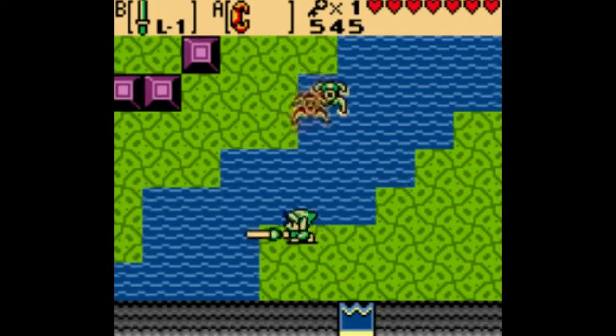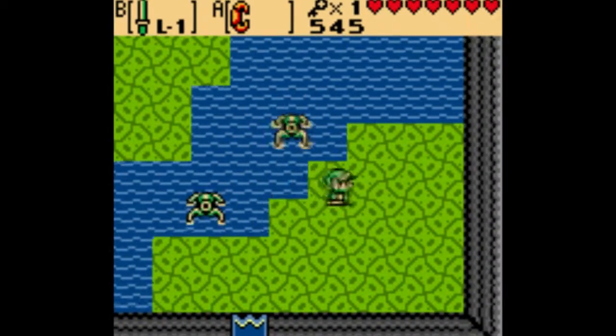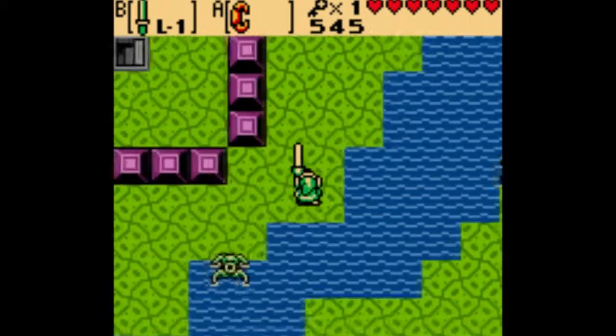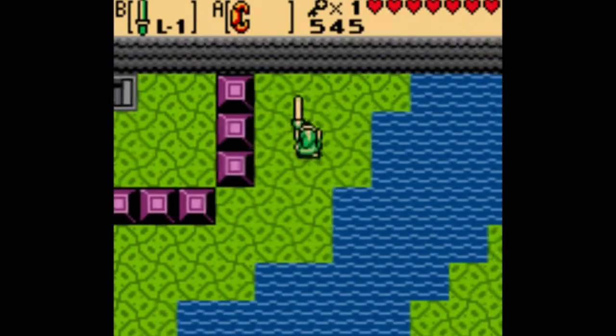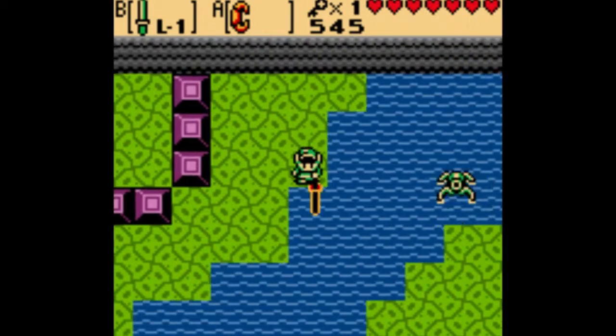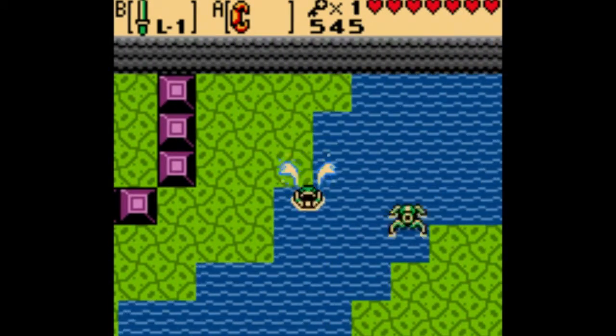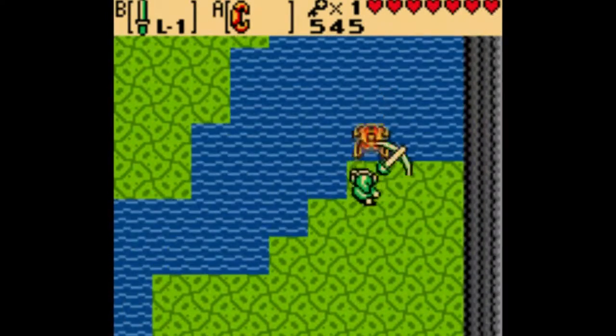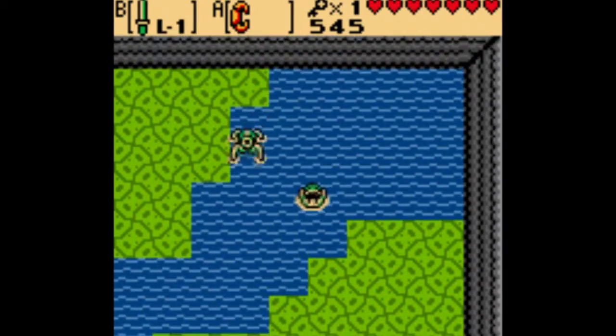More water, more tektites here. This waterfall really just... I wonder if this water was always here. Actually, the water was probably always here if these water tektites ran around here, because the water's their natural habitat. They wouldn't have survived in here if the water wasn't here to begin with, unless there was a big enough opening from the waterfall for them to just fall in here, but...